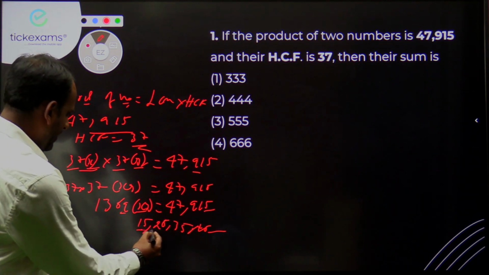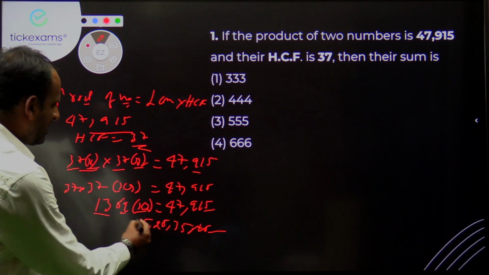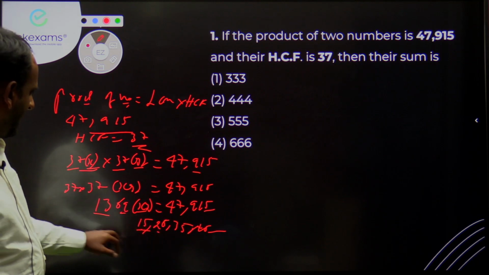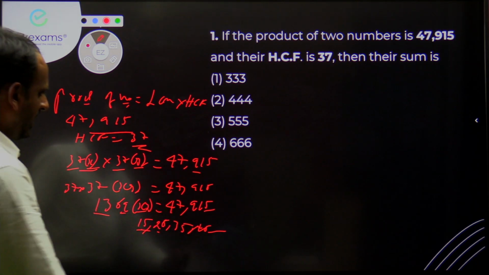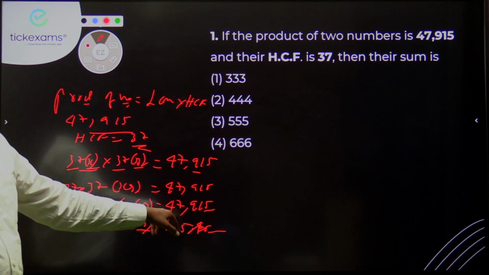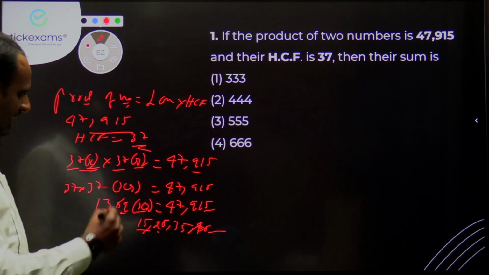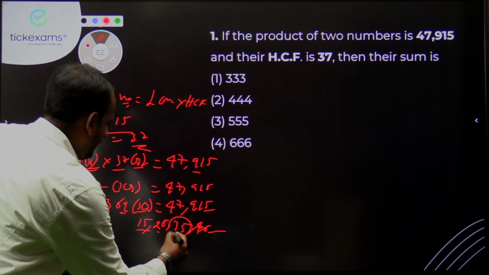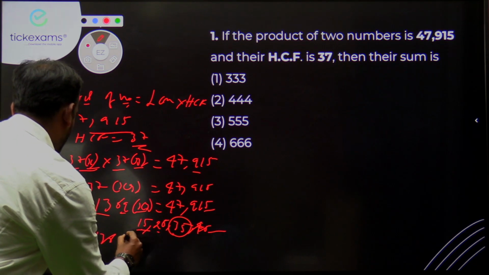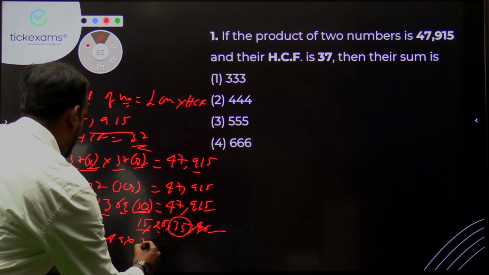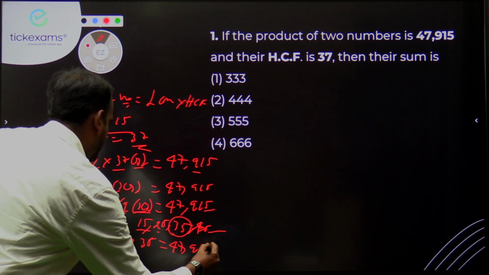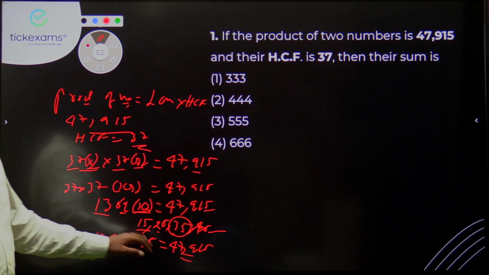If we try with the first one, 1,369 into 15, the value we get will be very less. If we try the second one also, the value will be very less. If we try with 45, 4 into 13, if you observe, the starting number itself will be 52,000. So that will be higher. So let us get with this one. 1369 into, instead of xy, if we take 35, we get 47,915. So this is the value we get here.